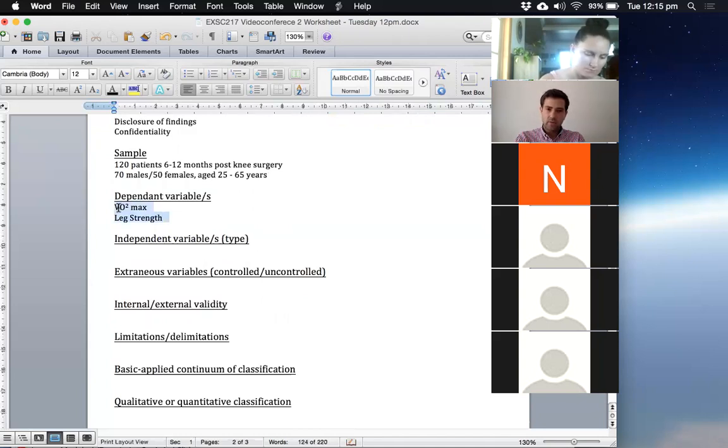Now I've got a couple of dependent variables here for us to wrap our heads around, but I'm interested to get your thoughts on what a dependent variable is. That's not something we're necessarily going to ask you to outline or define, but we are going to ask you to identify a dependent variable or dependent variables of the research that you look at, the abstract that you see in the mid-semester exam. So can anyone in their own words give me how they would identify a dependent variable, what the giveaways or telltale signs are?